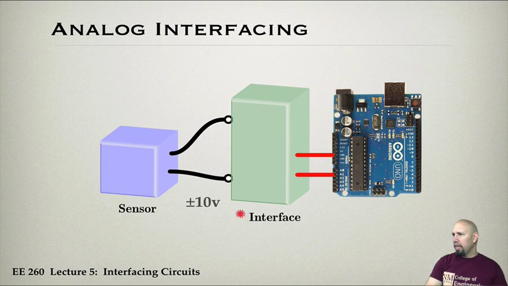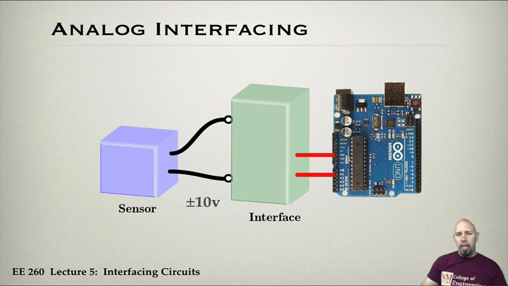Our interface takes these signals over here, and it may have additional signals, for example a power connection up to it. So the idea is, what kind of circuit would we put in here to make all of this work compatibly, so that we don't have to worry about frying our Arduino, and so that we use the full range of the